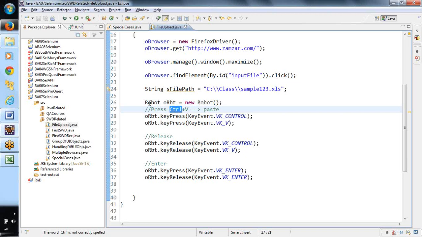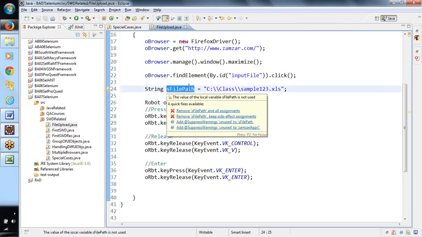Now here, if you observe, we don't have any logic to copy it. Basically, here we just have a variable which has the path. That's it. We just have a variable talking about a path over here. There is no logic as of now for a copying operation. Now we will talk about a copying operation.